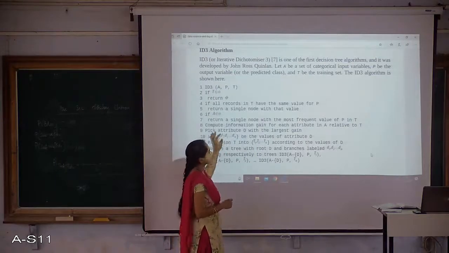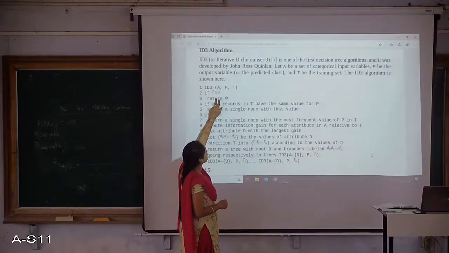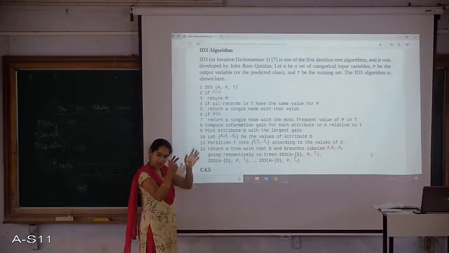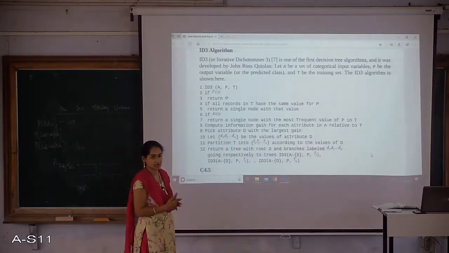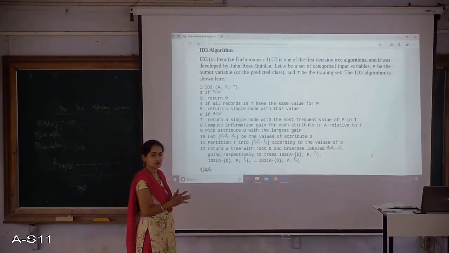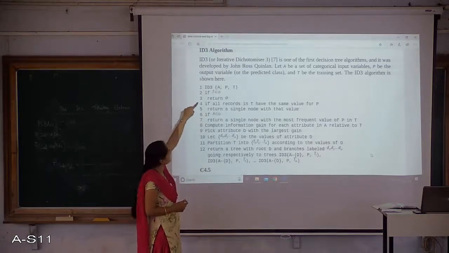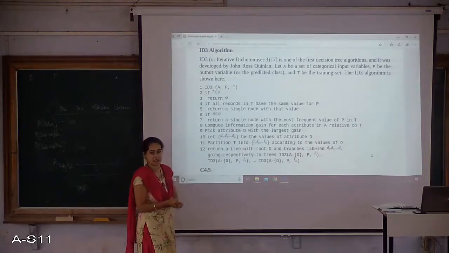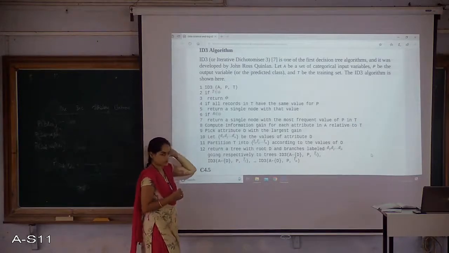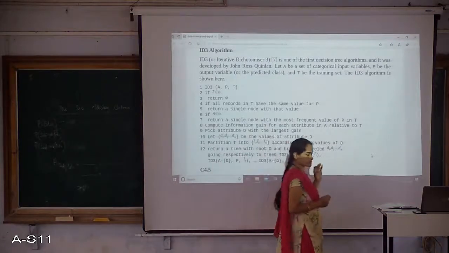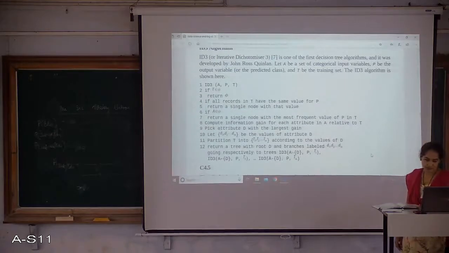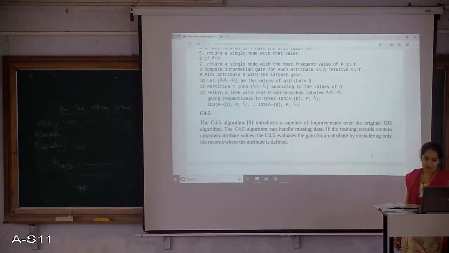So this will repeat until the tree becomes null, until your training data becomes null. I consider all left and right data, and lastly somewhere you have to stop the recursive call. That's why this condition says that if your training data is analyzed for all the entries, then you have to stop it. So this is the recursive definition of the ID3 algorithm of decision tree.